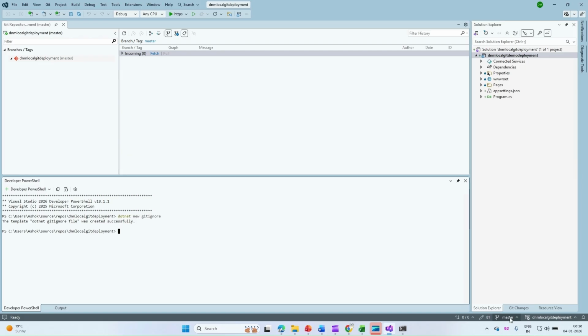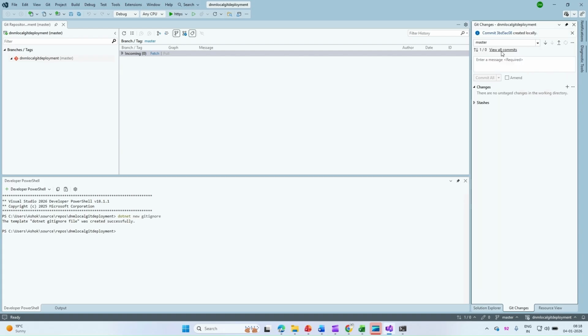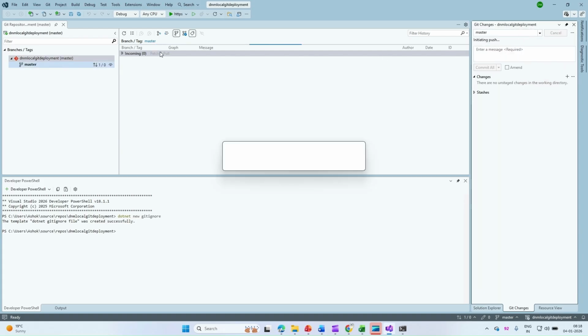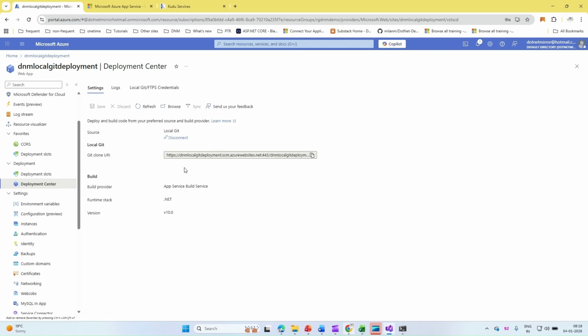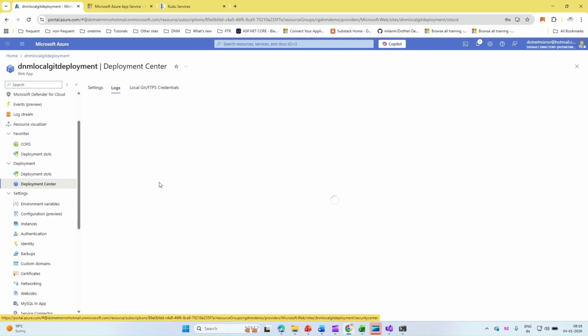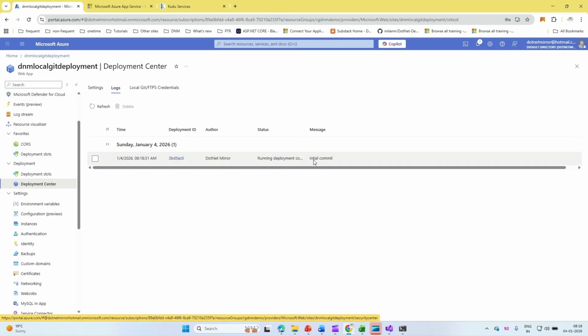Let's go and commit the changes. I'm going to just do a commit and push. Now it is committing all our local changes and trying to push them to the master branch. Now if you go to the logs here, our initial commit came as a log here. Now if you try to browse the app,